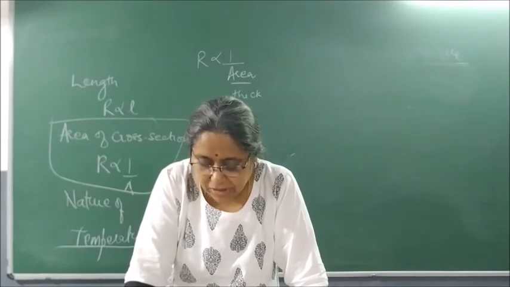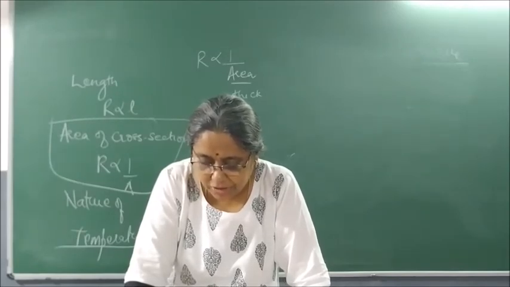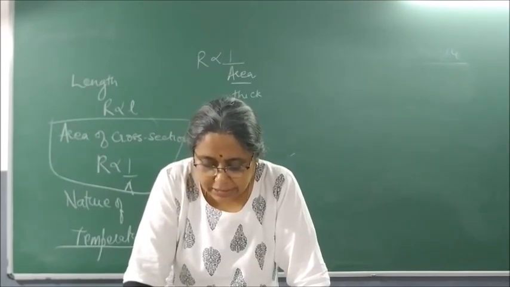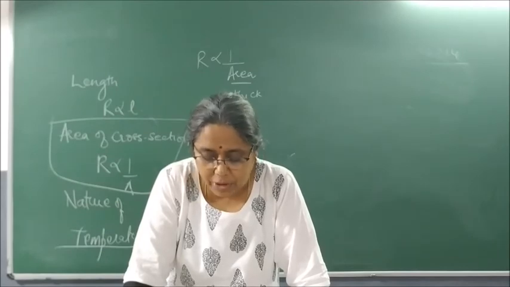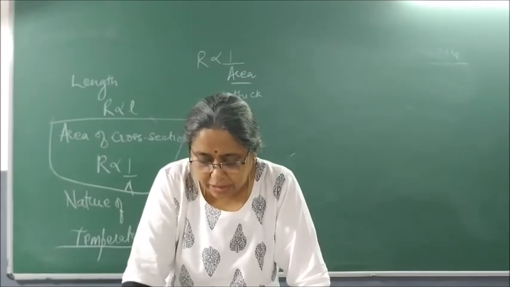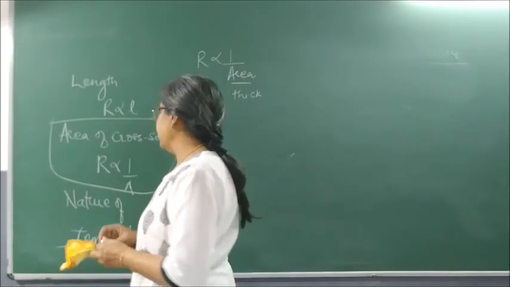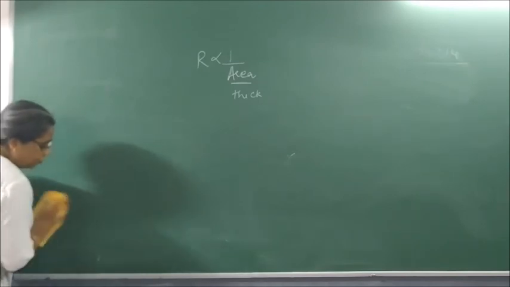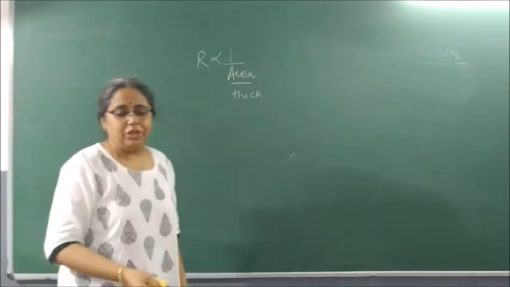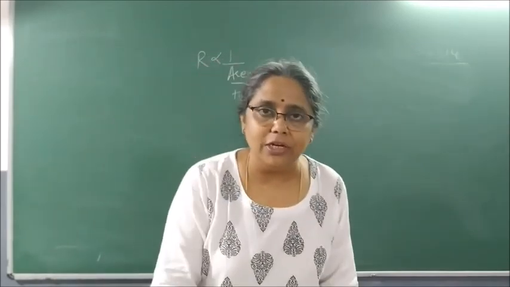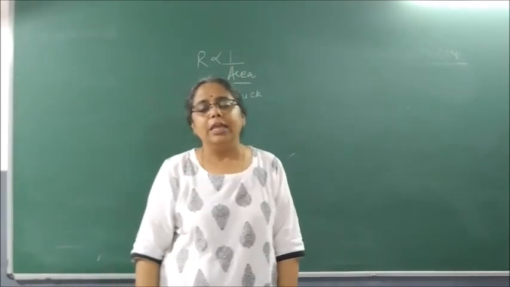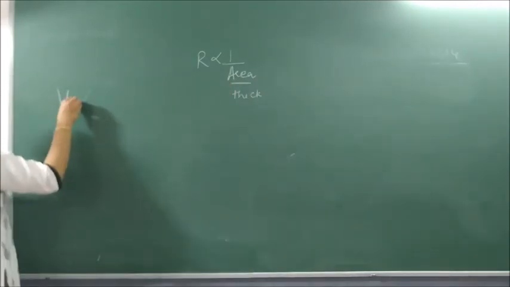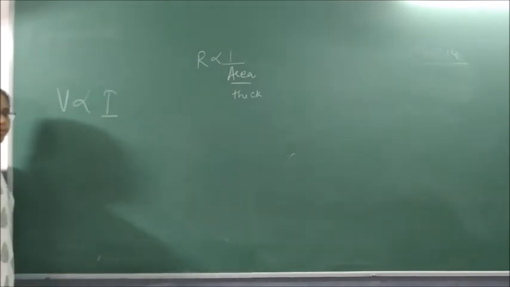Let the resistance of an electrical component remain constant while the potential difference across the two ends of the component decreases to half its former value. What change will occur in the current through it? What are they telling? We are talking about what law? Ohm's law. Ohm's law says what? At a constant temperature, the potential difference between the two ends of a metallic wire in a given electric circuit is directly proportional to the current flowing through it. So V is proportional to I.